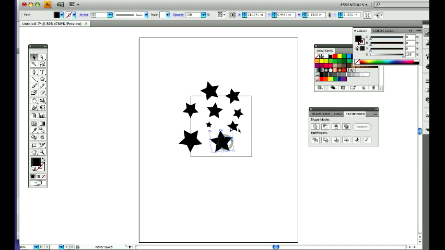Okay, so the object is that we need to make it seamless, so that when we fill this whole page, these stars don't look like suddenly there's a big white box here, that it's not a seamless pattern. So in order to do that, you have to have some of your shapes outside of the boundary of this box. So I have these two stars here sitting right at the center on this line here. I'm going to hold my shift, select this star,